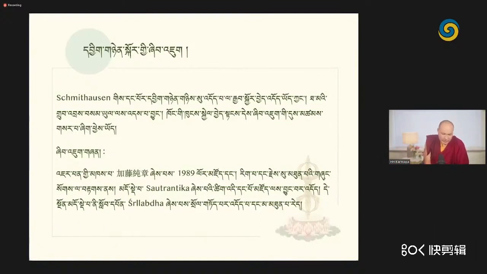And regarding this question, the person who gave a very good answer to this was a Japanese scholar, and the name of this Japanese scholar was Kato Junsho. Now, what this Kato Junsho said